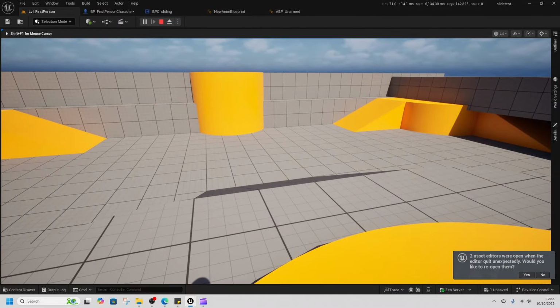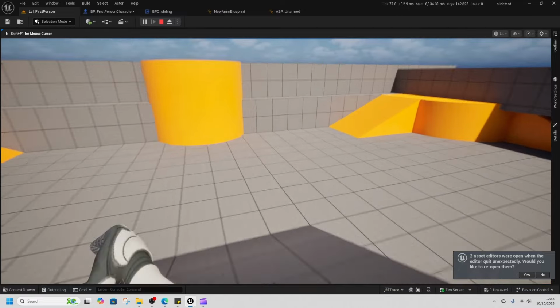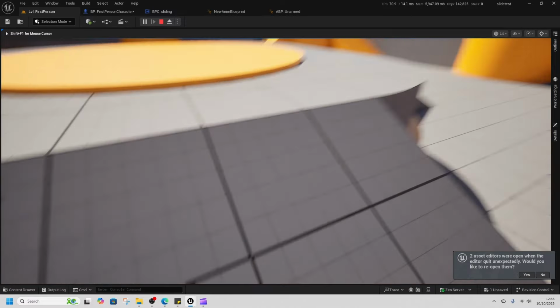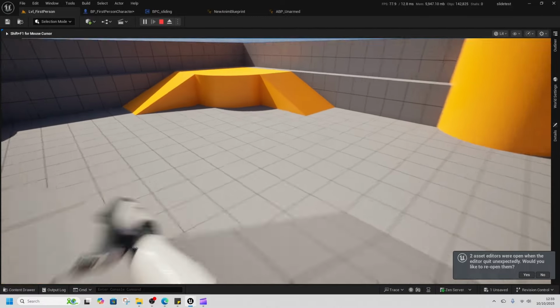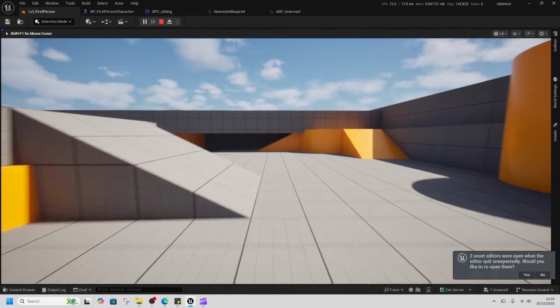So today we're going to do a physics-based slide system. I'll press 1, slide down here, get to this point, and try to slide back up here. The slope stops you, so it's all about physics, and the slides adjust to the angle of the slope. And then on top of that,